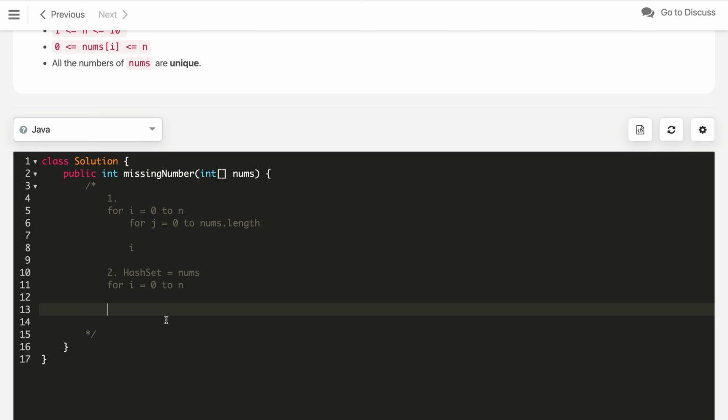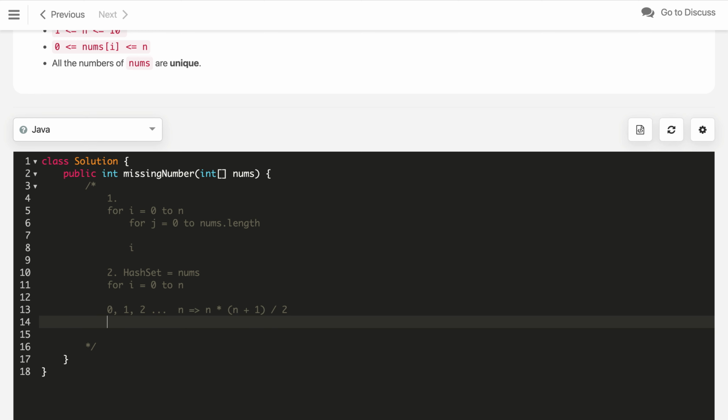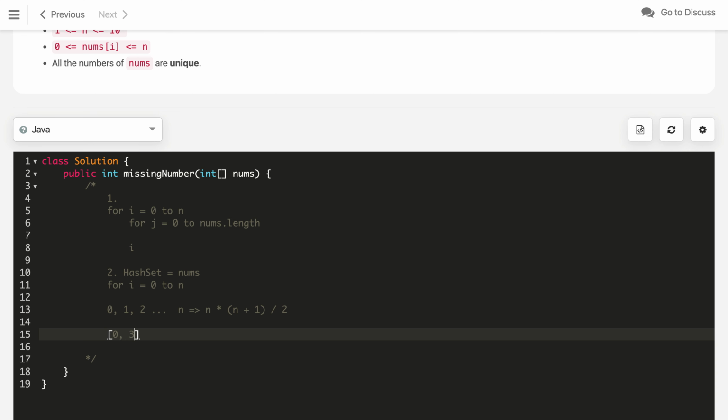So how can we do it? Let's say if we have numbers from 0 1 2 until n, the sum of these numbers will be n into n plus 1 by 2. So this is the expected sum. Now we will find the actual sum. In example 1 we have the array 0 3 1.